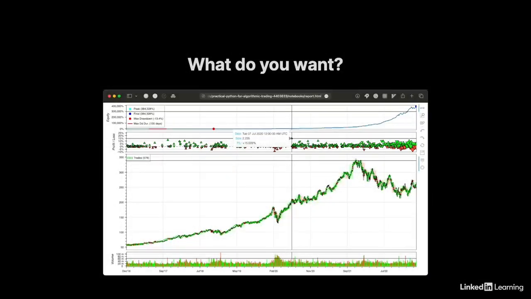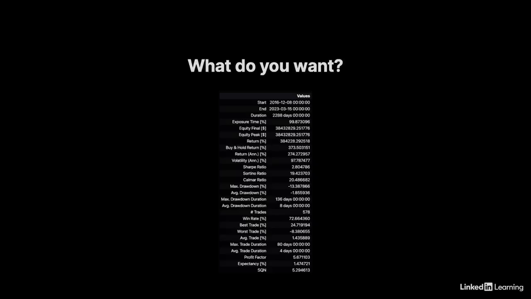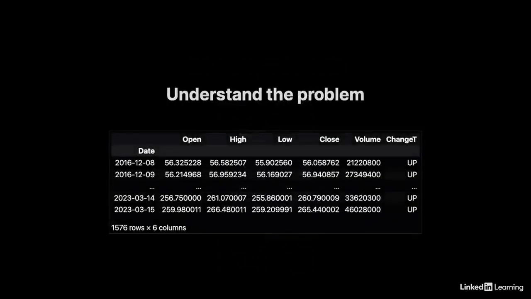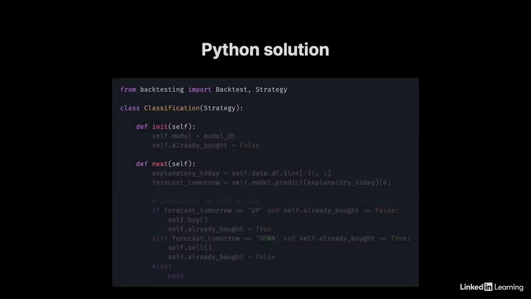Now, backtesting.py, the library we use to create investment strategies to see the performance on historical data, both in this dashboard and in this summary table. Based on a data frame with the prices of a stock for each day, we create an investment strategy from the backtesting library, and we need to define two functions, init and next. Within init, we create the objects of the investment strategy, and within next, we need to decide when to buy